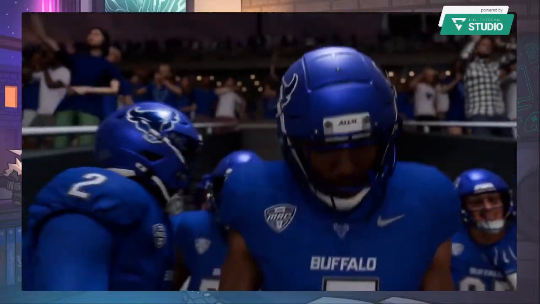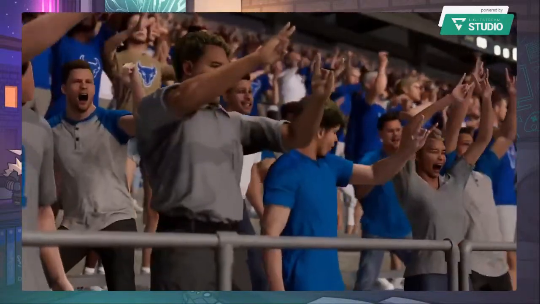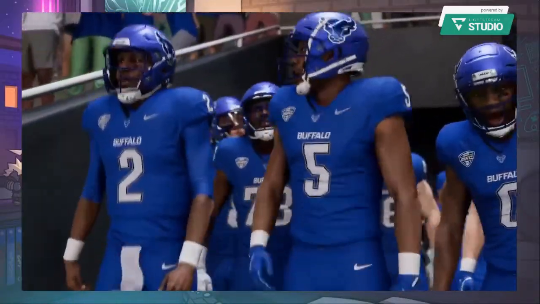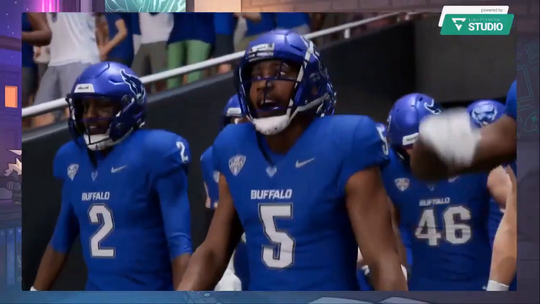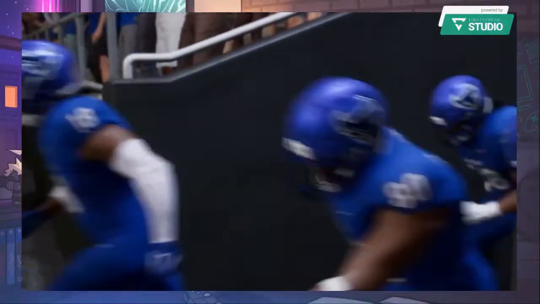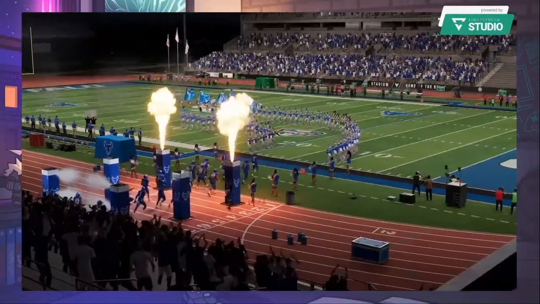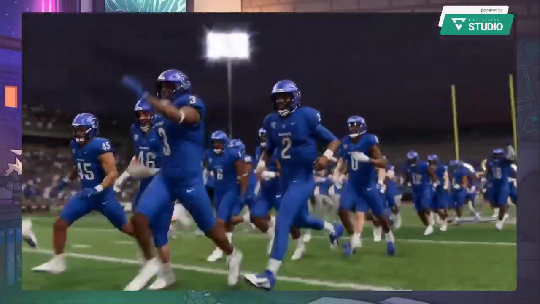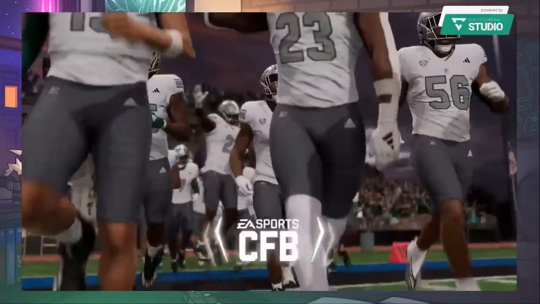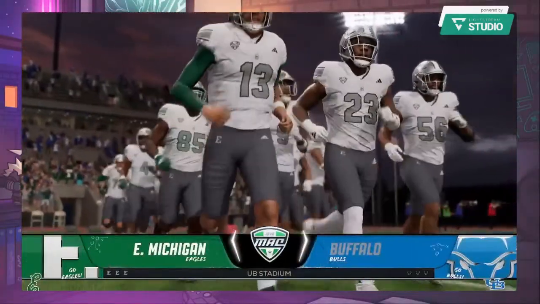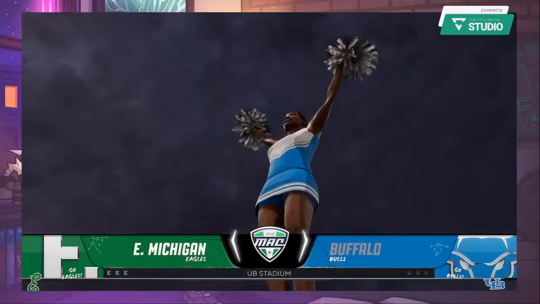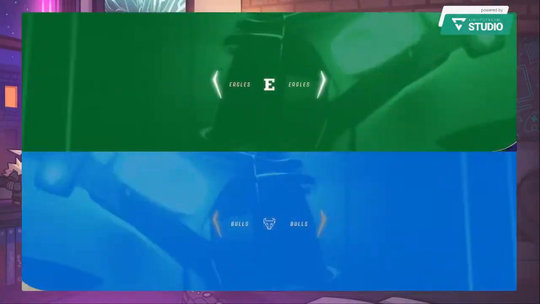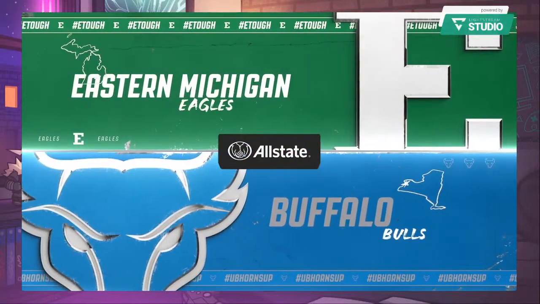Welcome to Buffalo, New York, and UB Stadium, home of the Buffalo Bulls, where the fans know that no one circles the wagons like the Buffalo Bulls. Today, an intra-conference battle between a couple of MAC rivals. As we'll see, the Eastern Michigan Eagles taking on one of the top 5 teams in the conference, the Buffalo Bulls. For EA Sports College Football, Reese Davis with you alongside David Pollack and Jesse Palmer. And guys, can't wait to get this one started.